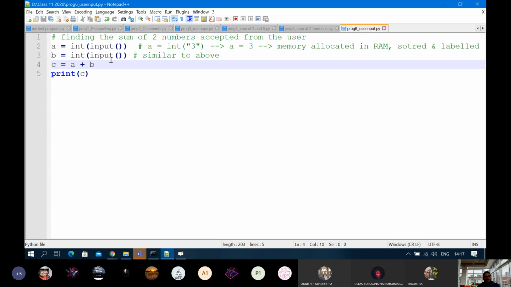Okay. So once we do it, there will be a memory location labeled as A having value 3.